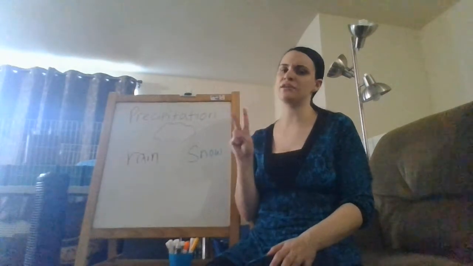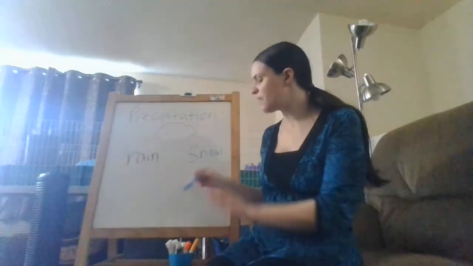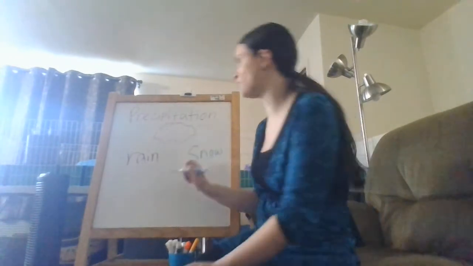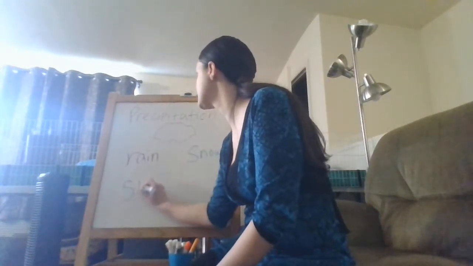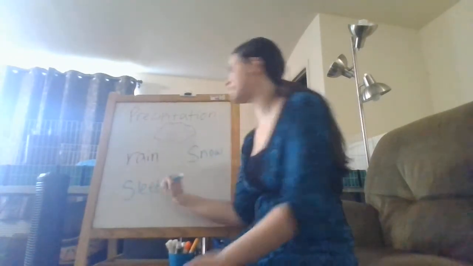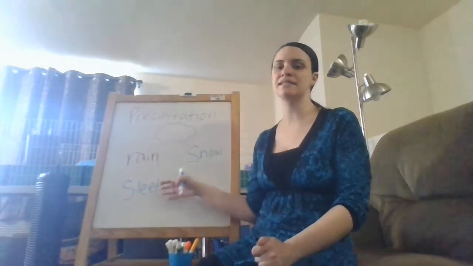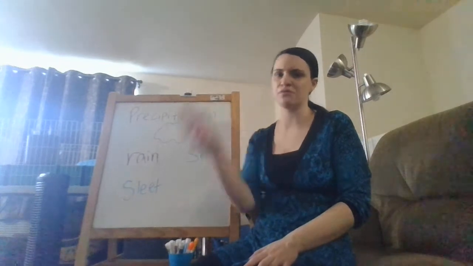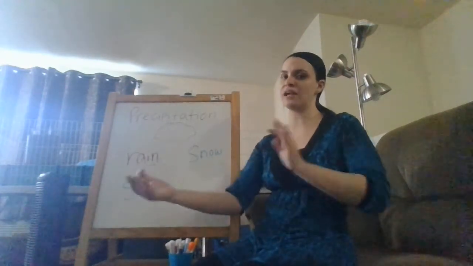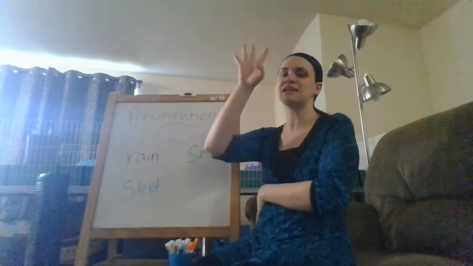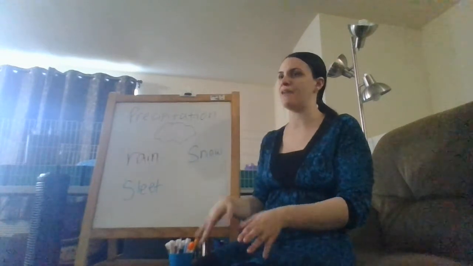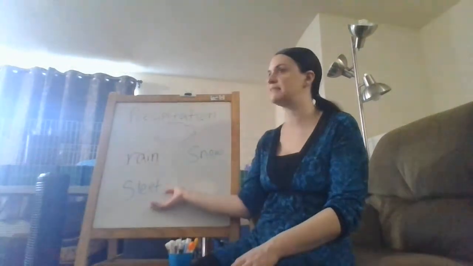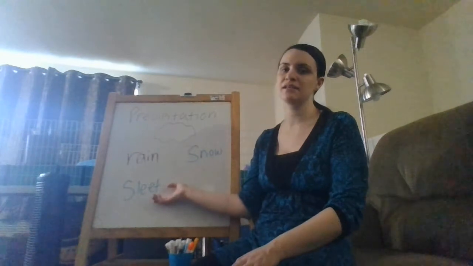And there's 2 other types. This other type also happens during winter when it's colder, which is sleet. Can we say sleet? Ready? Sleet. So sleet, remember, is like little tiny bits of ice, okay? And again, the same thing happens. The water gets cold, it freezes, and little tiny bits of ice fall out of the sky and fall to earth, okay? So that is sleet. Can we say sleet? Very good.